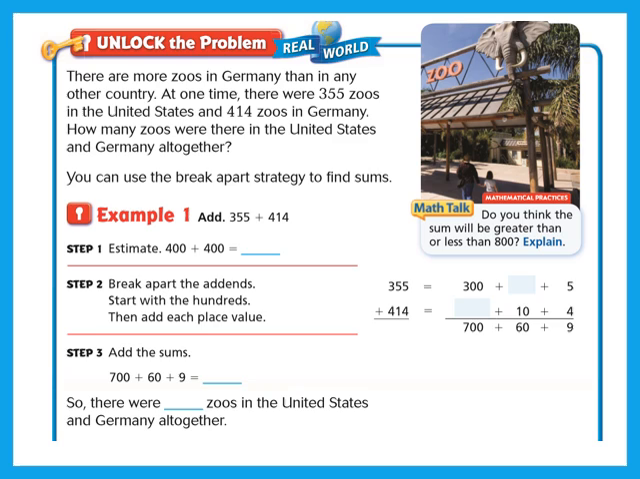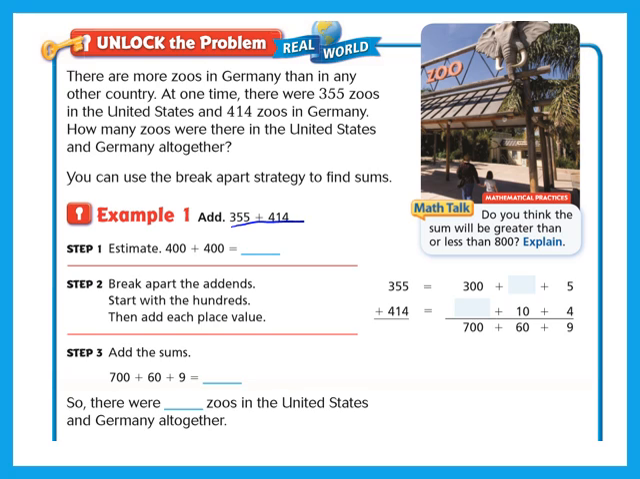Here's the unlock the problem on page 25 of your textbook. The word problem says there are more zoos in Germany than in any other country. At one time, there were 355 zoos in the United States and 414 zoos in Germany. How many zoos were there in the United States and Germany altogether? You can use the break apart strategy to find sums. You might also hear this called the expanded form strategy, but for our purposes today, we're going to call it the break apart strategy. So I'm going to be adding